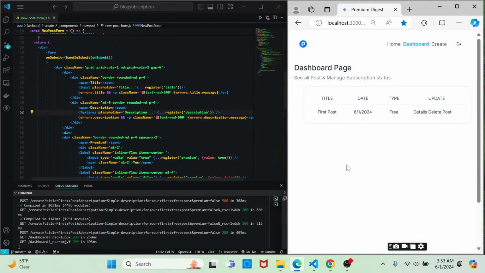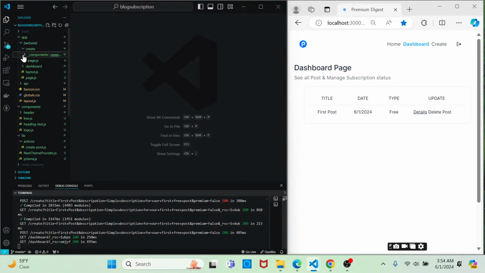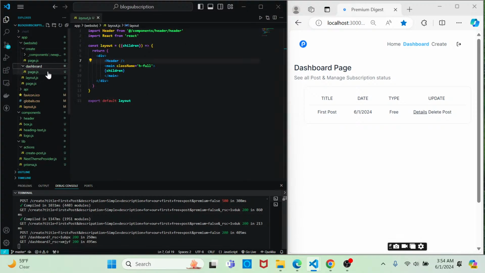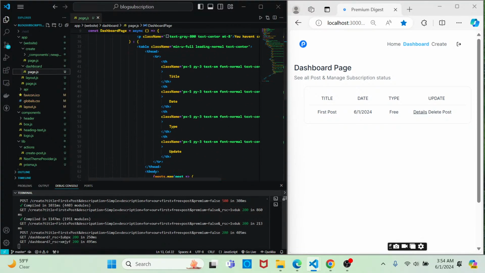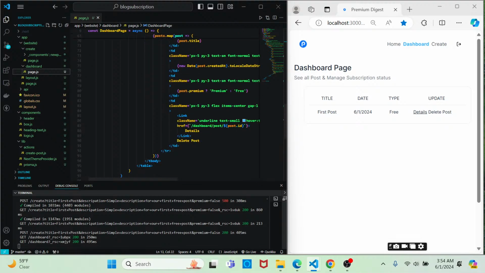So now what I want to do is when we click on details, I want us to be redirected to the post detail page. That'll give us the ability to update the post. So I'm going to close out the new post form for right now. And within the table, with the dashboard, let me take a look. We are passing details. So this is being passed, the route to it is being passed as